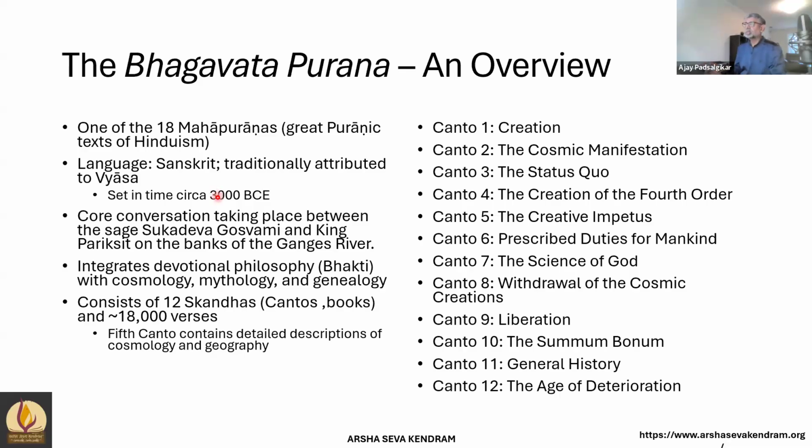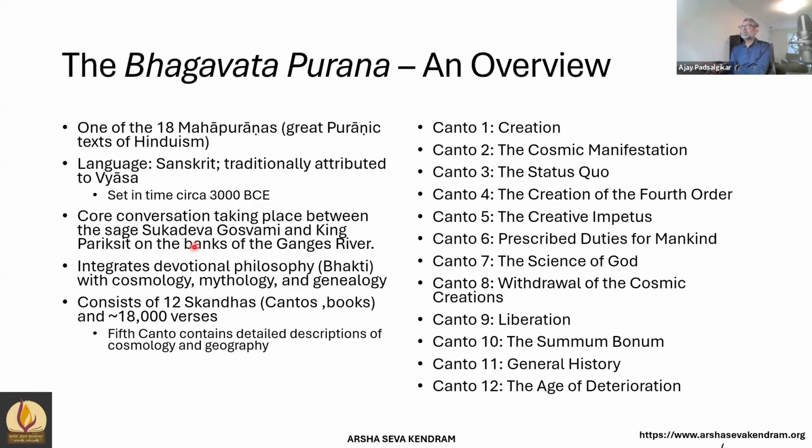And now the core conversation that is actually happening in the Bhagavata Purāṇa is between Sukadeva Goswami and the king Parikshit. Now Parikshit was the grandson of Arjuna, and the story goes that he was cursed to die in a short time, within a week, I think. And in that period, he wanted